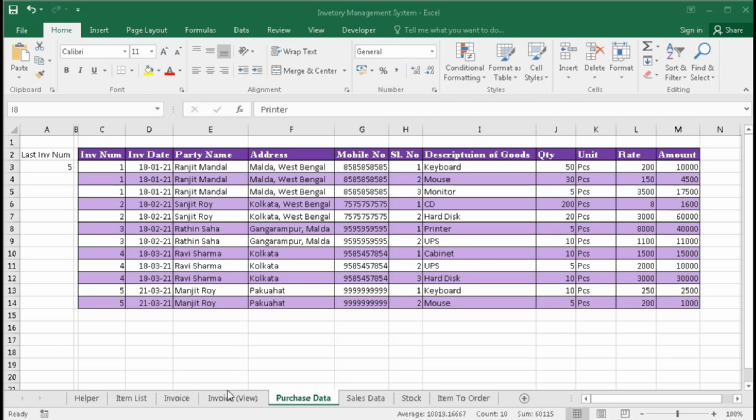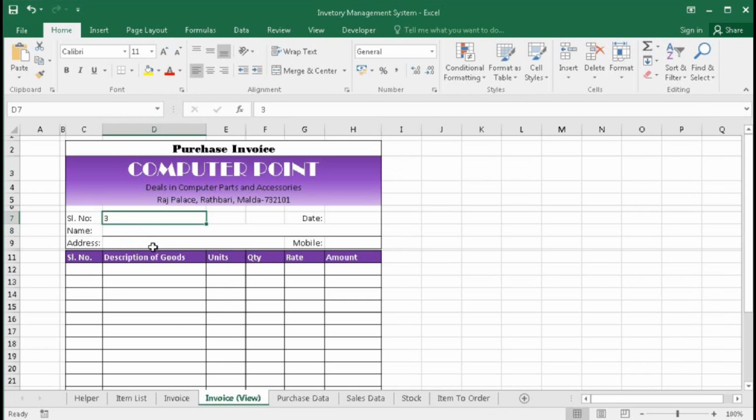So first go to invoice view and give this a name. Type here invoice view underscore INV num, and let's change this to INV num.